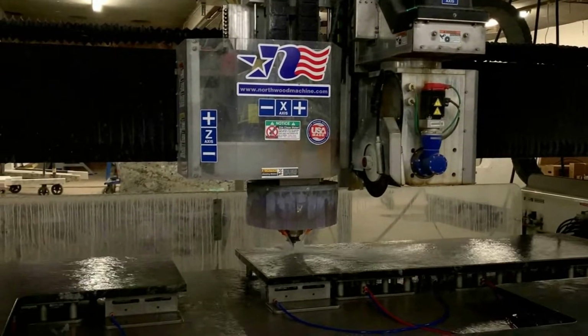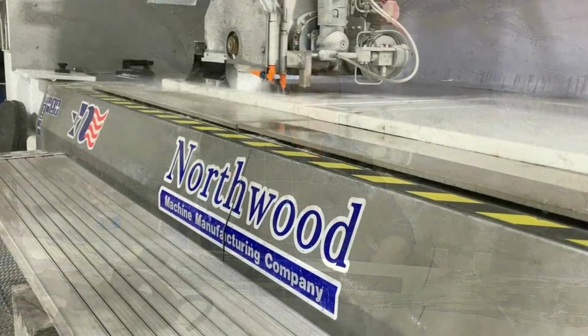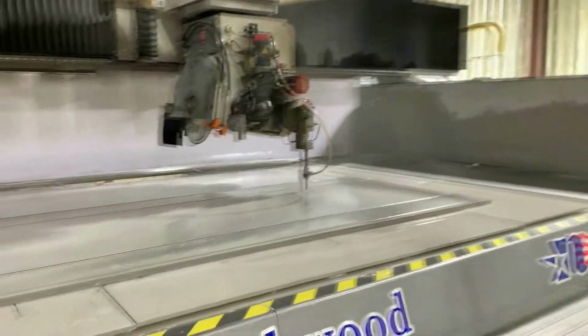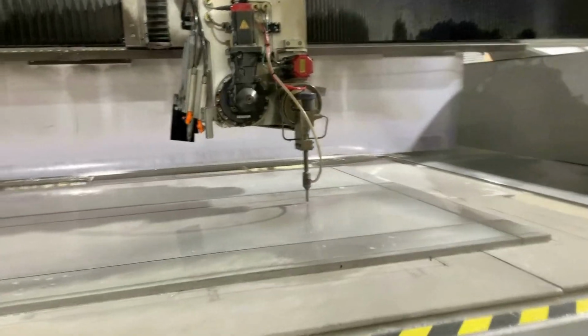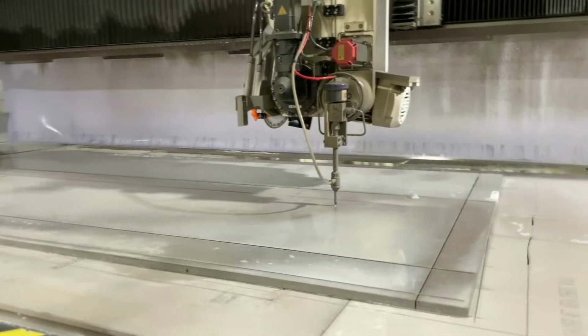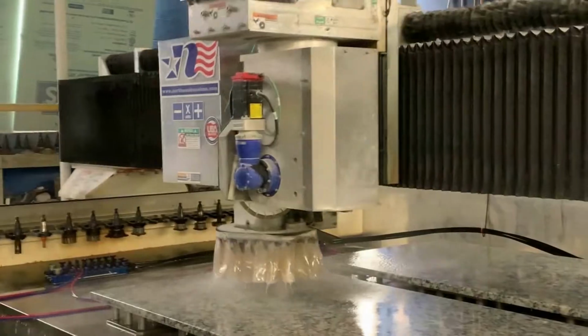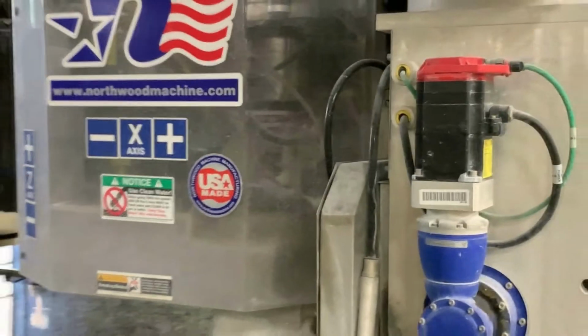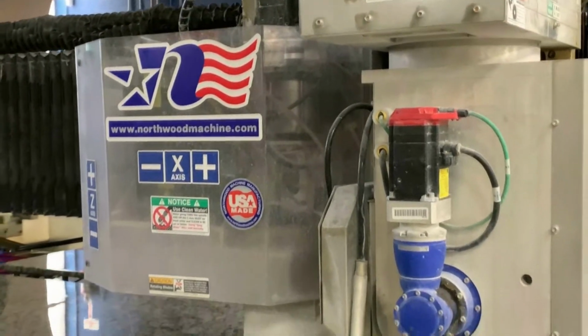The machinery has greatly increased the turnaround time, especially with the miter, with the CNC saws and the water jets. Our miter work went from being a 2-week turnaround to being the same 1-week turnaround that we do on our normal countertops. And I certainly use Northwood as a big sales tool because when we tour the whole shop,